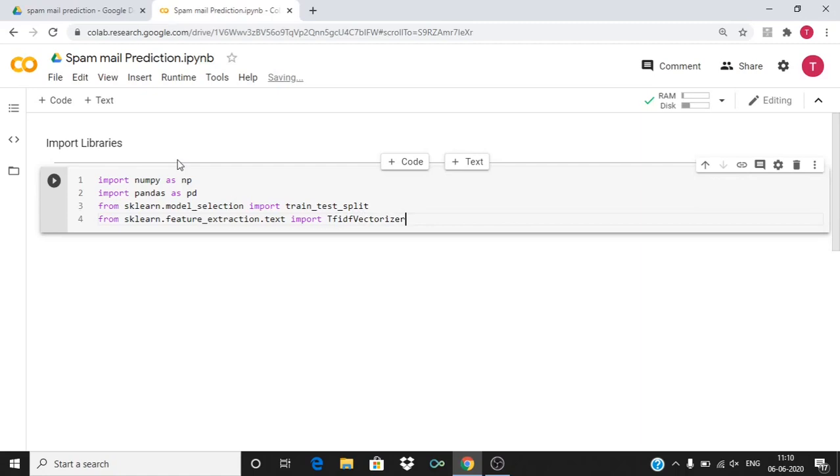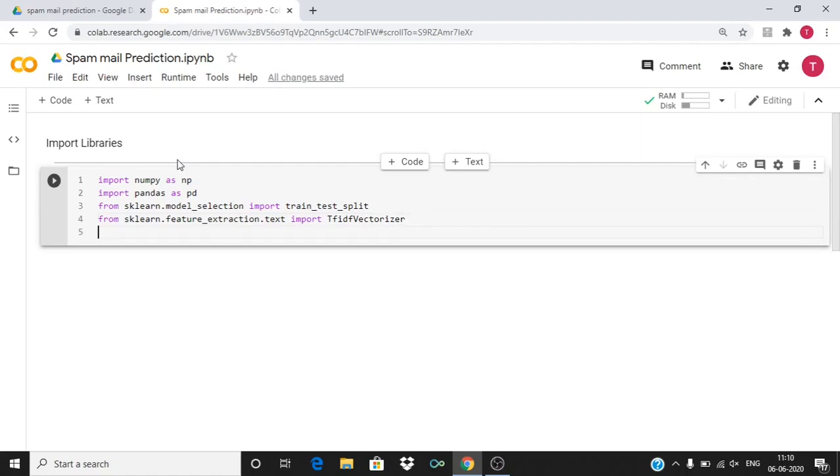Then we need to import the model from sklearn.svm, import LinearSVC. This is the support vector machine model. I'll explain the model when we implement it later in this video.